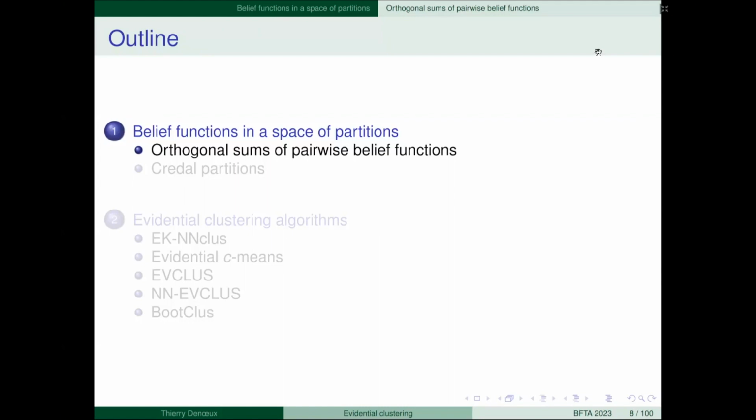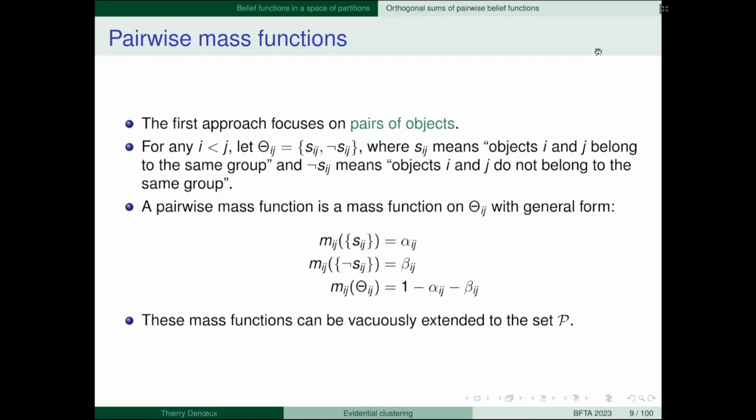If two objects are in the same group or not, this is an equivalence relation. Okay, and then we will compute the orthogonal sum of simple pairwise belief functions in that set. So here the focus is on pairs of objects. This is why I call these pairwise mass functions.